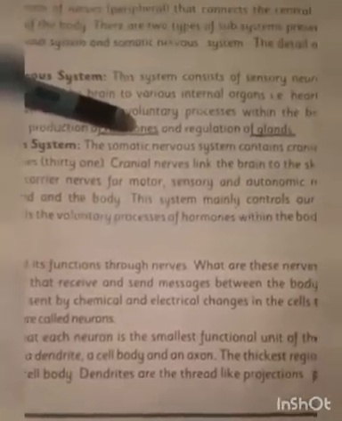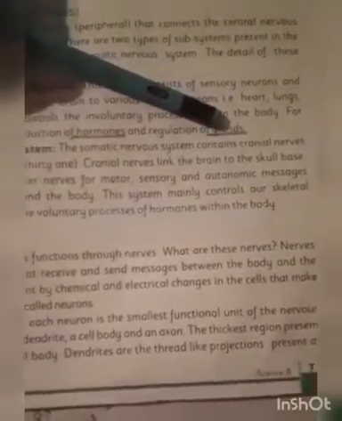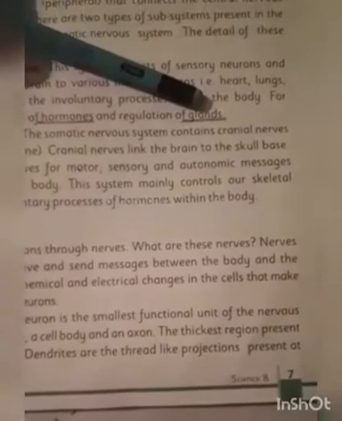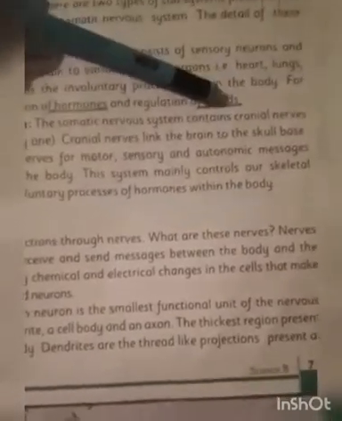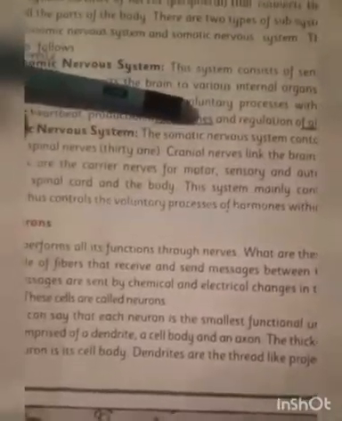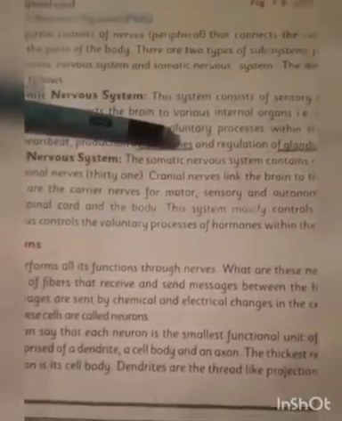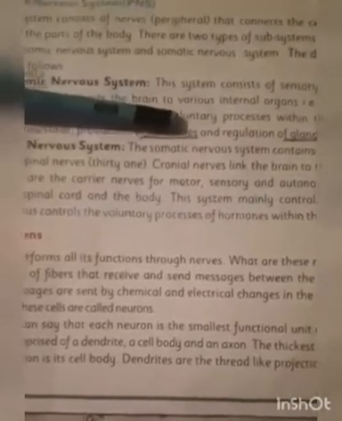Class, a common example of a gland is the pancreas. You have studied the pancreas in your previous classes. The pancreas is an organ found inside your digestive system. The pancreas is a gland, and what hormone does it produce? It produces insulin. You know the function of insulin: it regulates the concentration of sugar level in your body. So this is the first part of the autonomic nervous system.